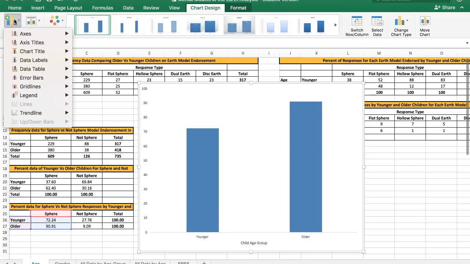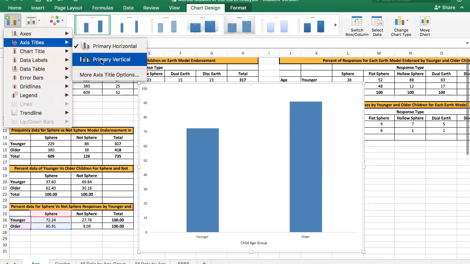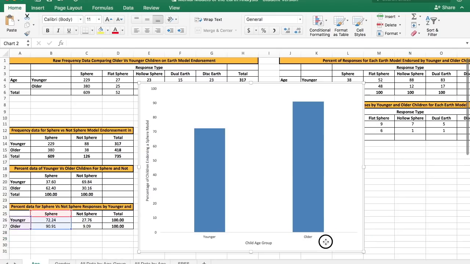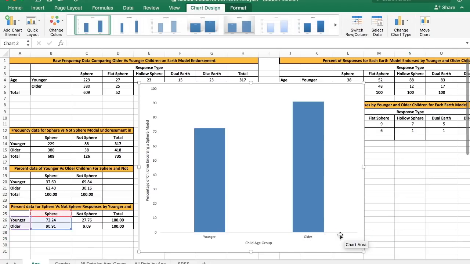Next, we could put an axis title on the vertical axis, and again it's put in a default title, and we will delete that text, and we can say maybe percentage of children endorsing a sphere model. There we go. So then we've got the start of a good figure that we could copy and paste